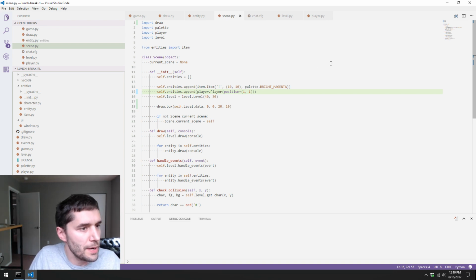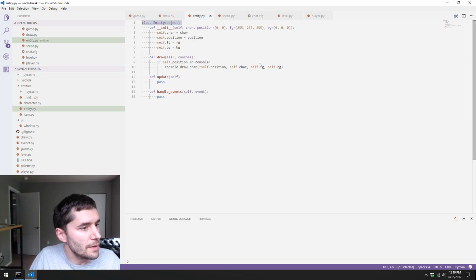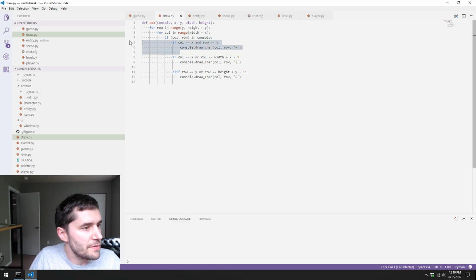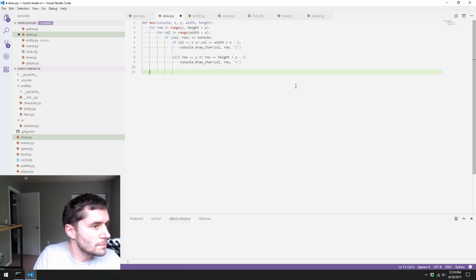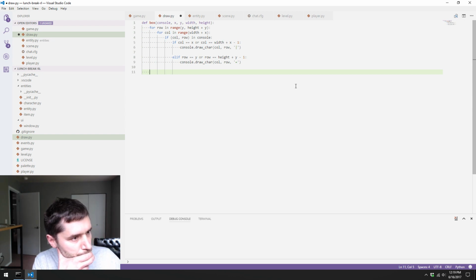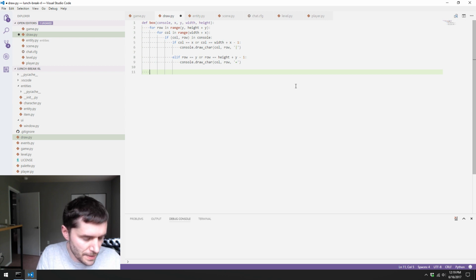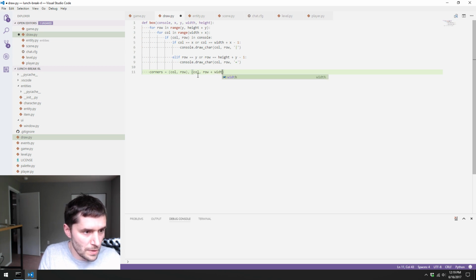That's true. Evram brings up a good point. Rather than doing an extra if check every single time on this draw, instead of doing an if check, we can just simply at the very end draw in the corners, because we know exactly where they're going to be, right? We can say corners equal row col, and then row. Wait, is this the way? I'm going to, yeah, col row should be the other way around. So col row, and then col row plus width -1